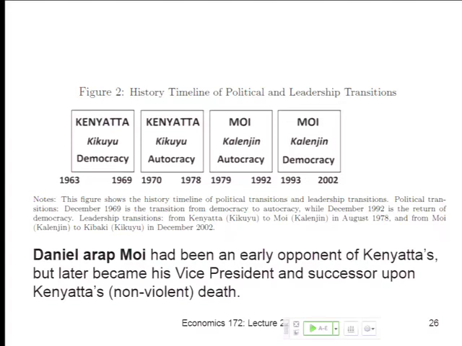And then Moi rules from 93 to 2002. He won 2 elections. The presidency has 5-year terms in Kenya. He won 2 elections, the 92 election and then the 97 election. Both were widely rigged. There was a lot of